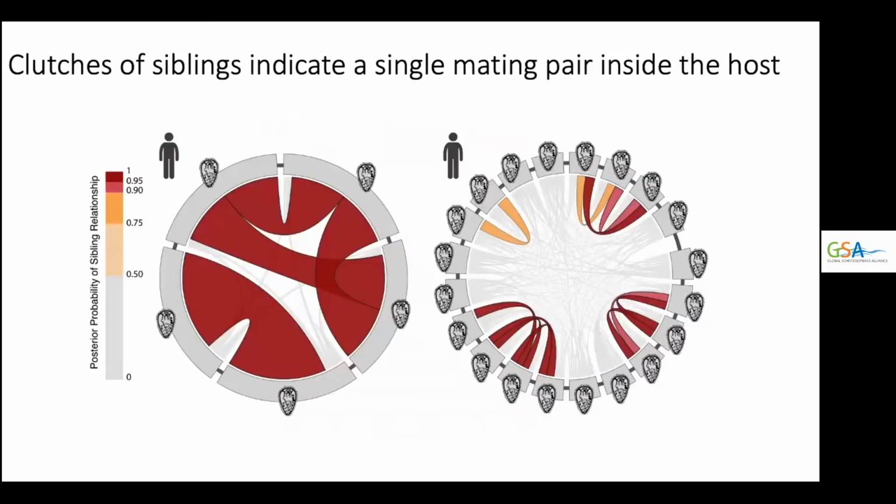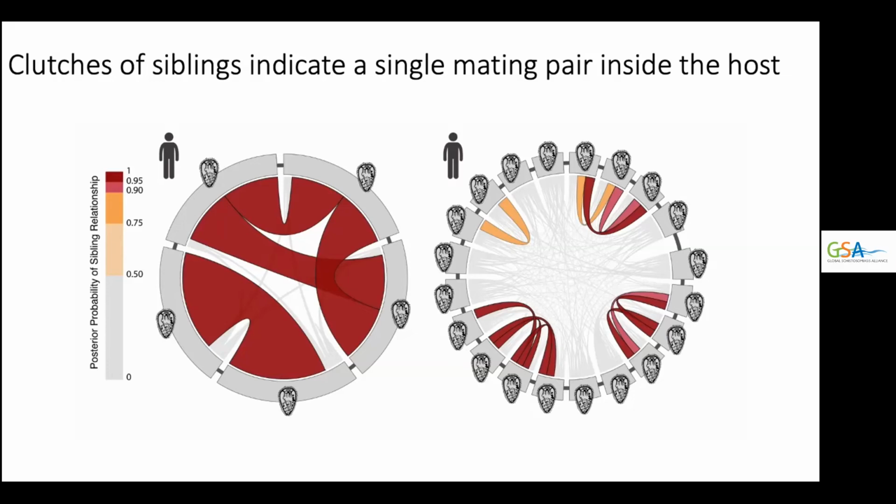To get a better sense of relatedness, we calculated the posterior probability of different degrees of relatedness between each pair of Myricedia, using the mean proportion of allele sharing between highly related clusters of Myricedia collected from the same host and at the same time point to create a model for the proportion of alleles shared between siblings. We calculated the posterior probabilities for each degree of relatedness from first to fourth degree between each pair of Myricedia.